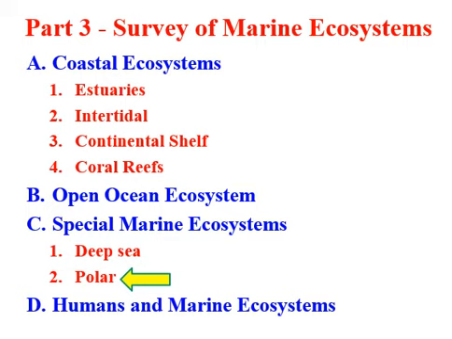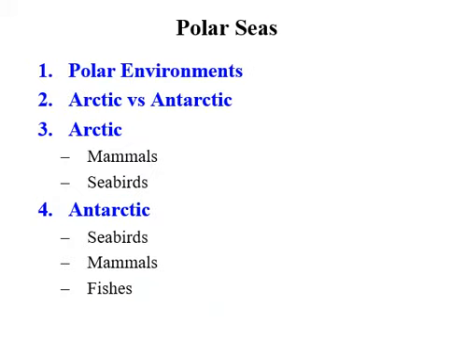Very different from one another, although they have in common that it's very cold. But the Antarctic, it's a continent. There's land there. Whereas the Arctic, there's no land. It's a big ocean. There's a polar ice cap that's changing quite a bit recently. So, this is where we're going to look at characteristics of polar environments in general, and then focusing on those two things that I just mentioned,